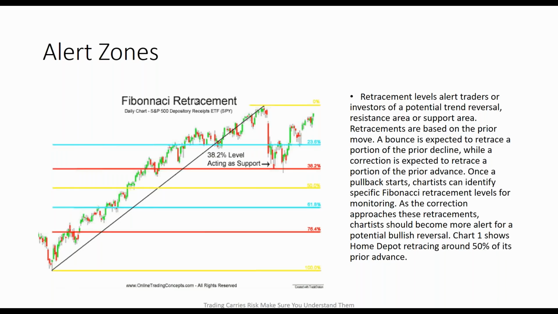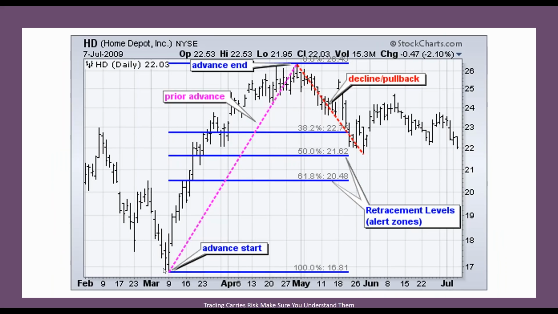So the chart here shows, actually, the S&P retracing. Here we have Home Depot. So we had price move up in an uptrend. The uptrend ended. Okay, it moved into a downtrend or a decline. And you can almost see this as the reverse of what we just saw in the euro. So we would take our Fibonacci level from here to here, and we would expect that price, regardless of how big it is,